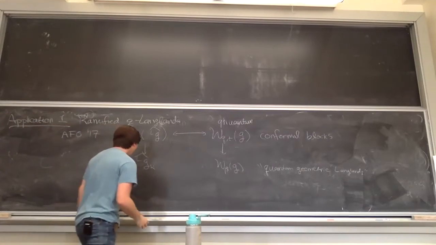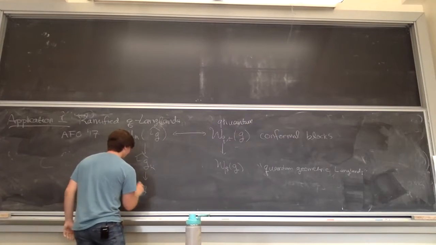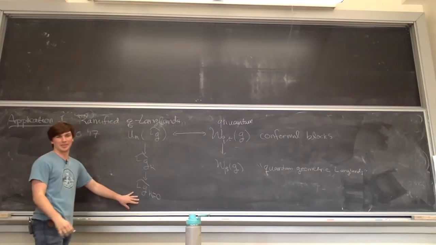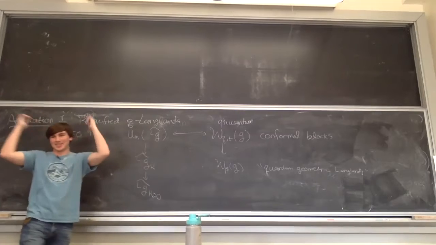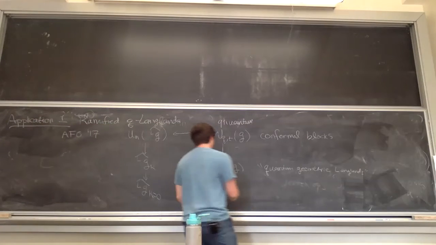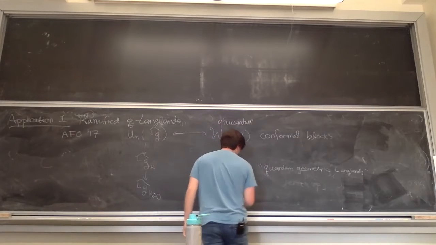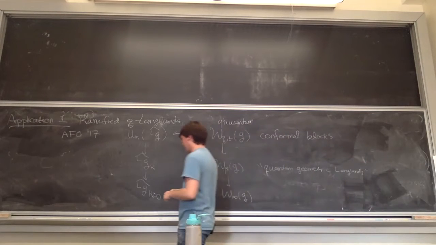And the reason for this is that these further deform to when kappa equals 0, which is critical level. This is a very singular limit of this. It corresponds to, in WZW models all the way back from the beginning, infinite strong coupling. But this becomes what's usually called classical W algebra, W infinity algebra. And so in the original Valence and Drinfeld construction,